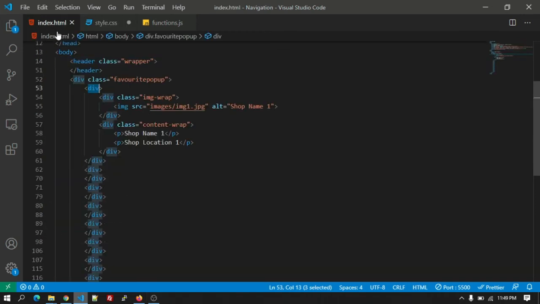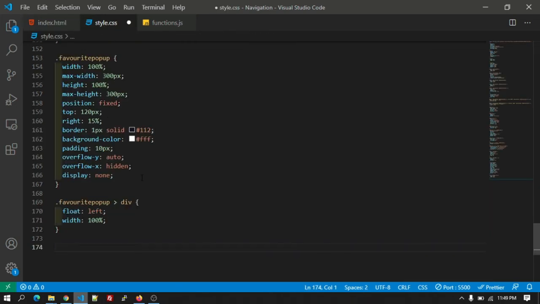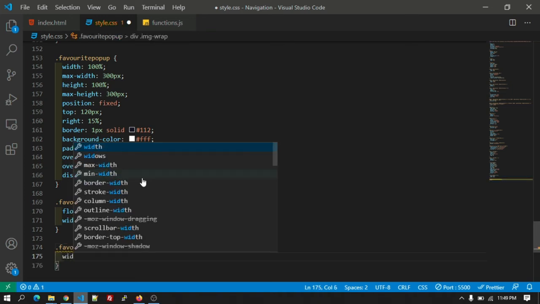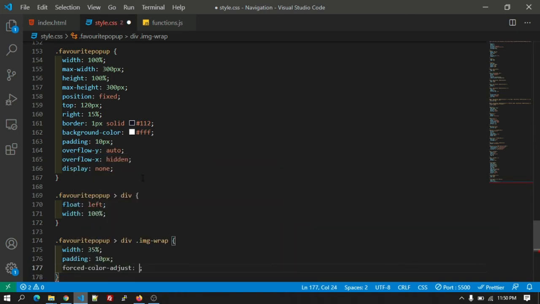So after that, let's write some CSS for the image wrap. So the favorite pop-up, after that there will be div and image wrap, and let's say width 35% and padding 10 pixel, float left.